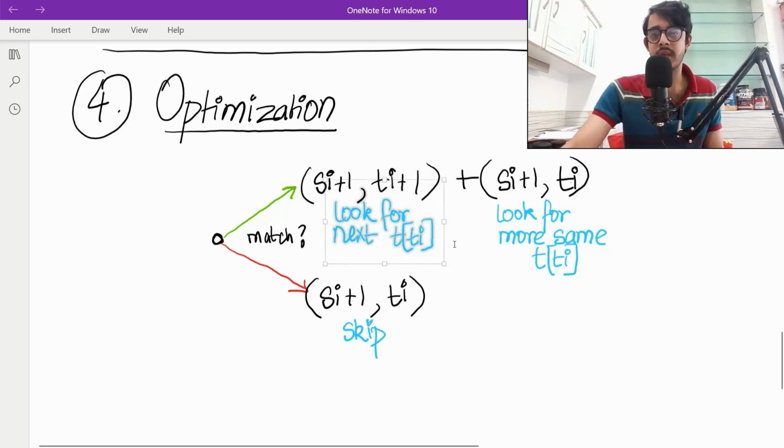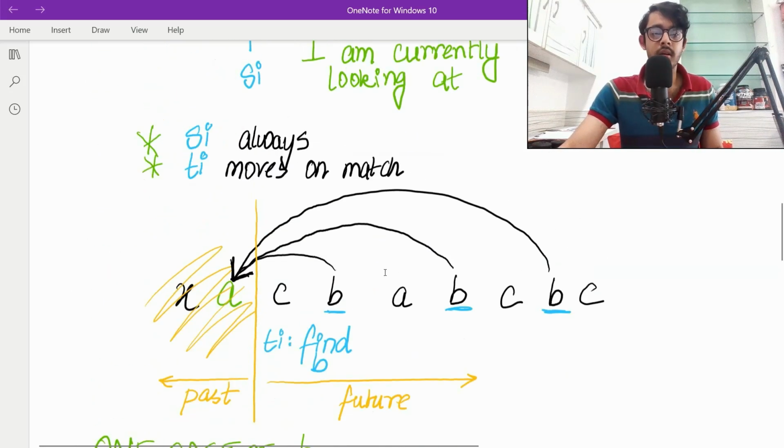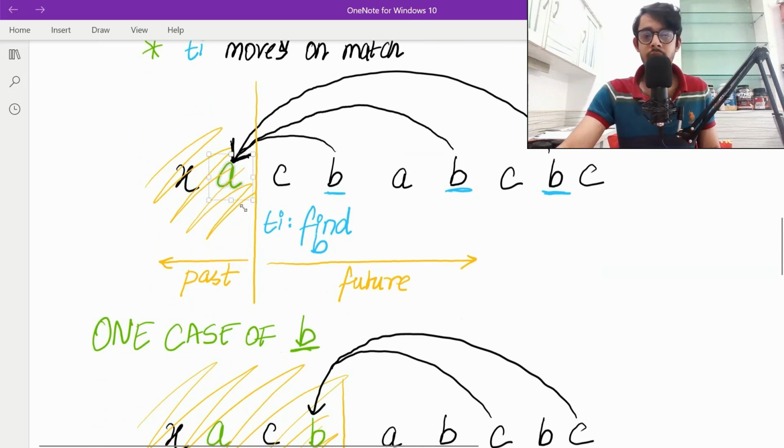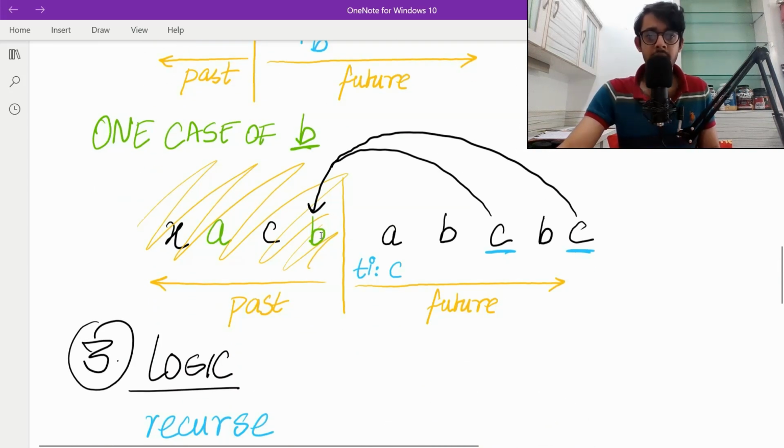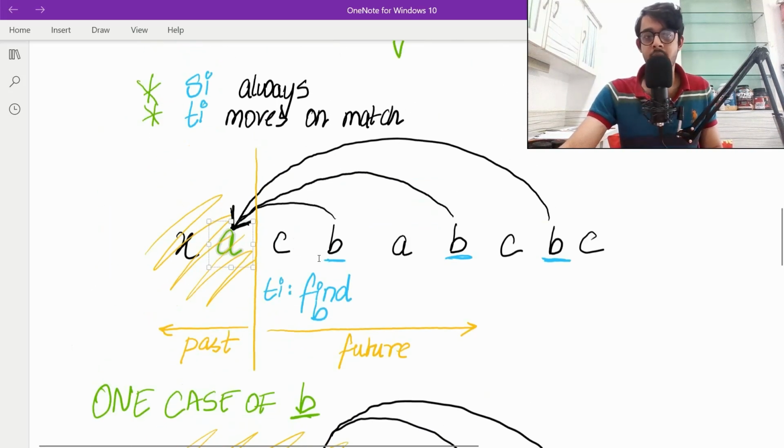This is the case where earlier we had this case over here and we were trying to find B. If we find B, then we can now go ahead and look for C. If we find C, then we can just say, okay, we have covered the entire string, we can return now. But when we are at this point A, I can choose to either go for this B or I can choose to not go for this B.